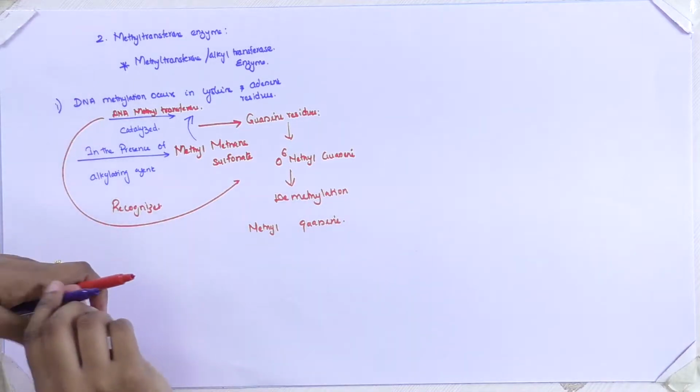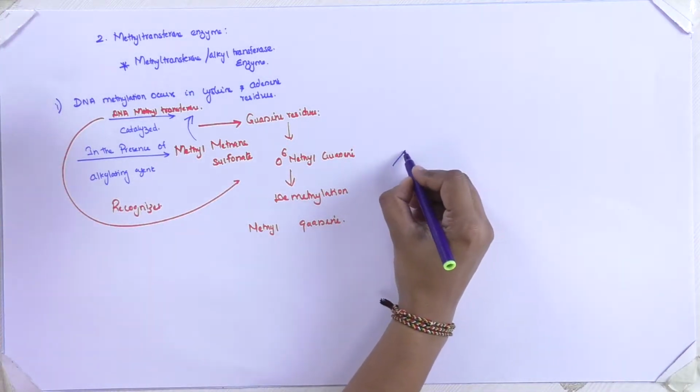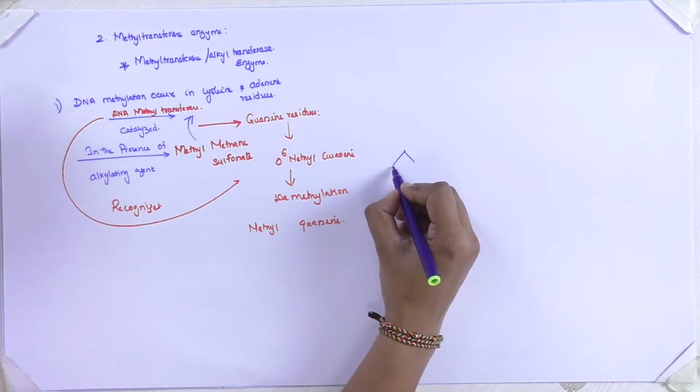This can be well understood in a structure form. You all know the structure of O6 methyl guanine, that is, in the 6th position you will have